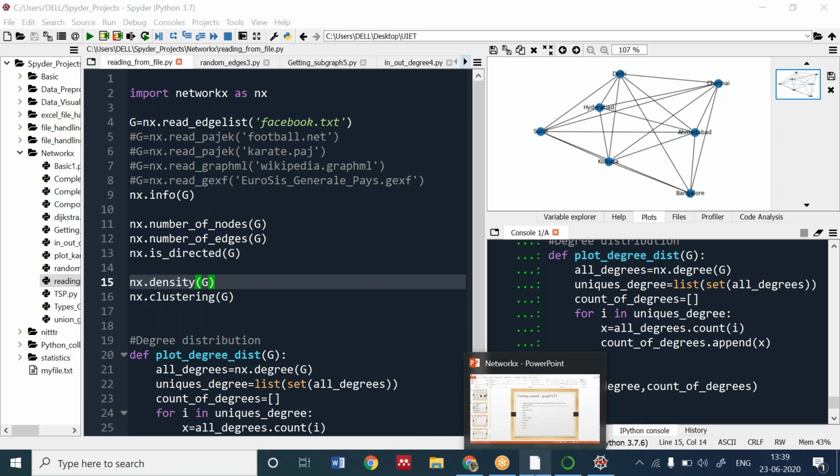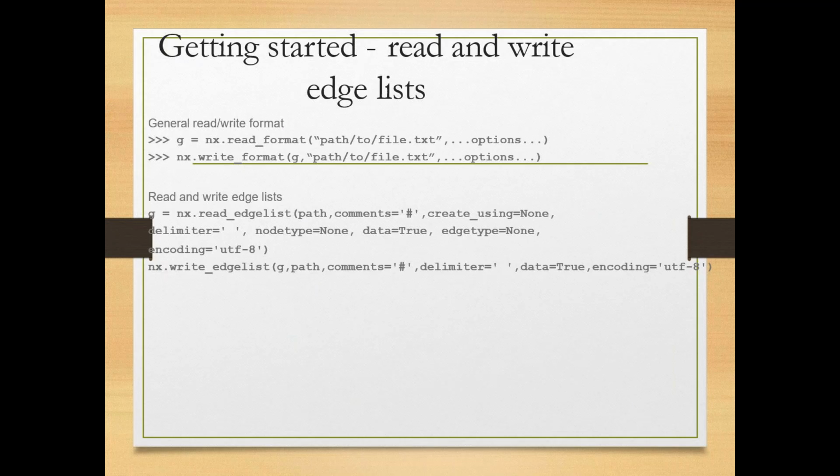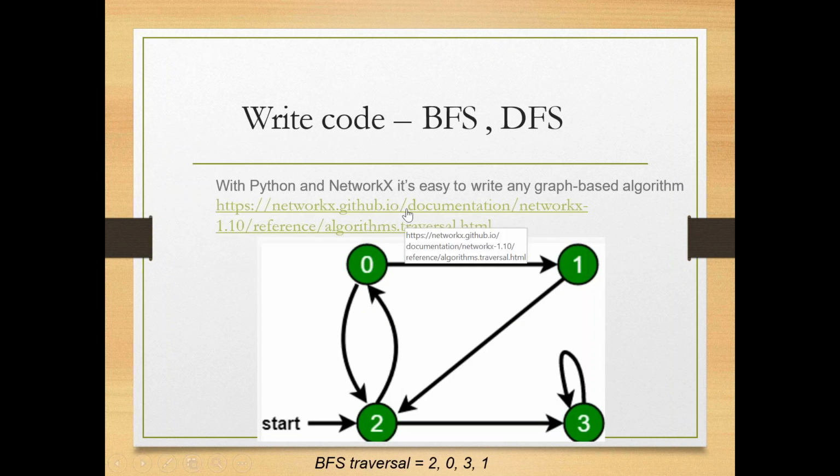Okay, let me finish these slides and give you the assignment. This we have done. You have to write the code for BFS and DFS for this graph. I have given you the graph and you can have the documentation. You can get the algorithm from here and you have to draw the BFS and DFS. BFS is breadth first search, DFS is depth first search. You learn it online and implement it. This is your homework or assignment. This is the clustering coefficient. Let's not read it.